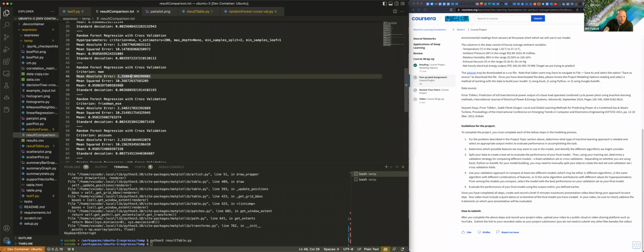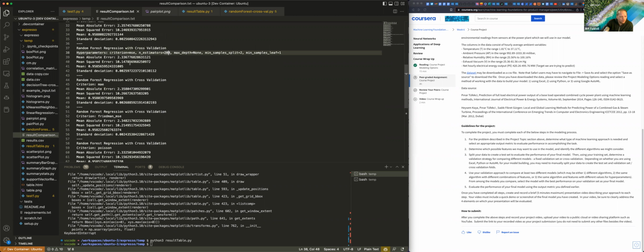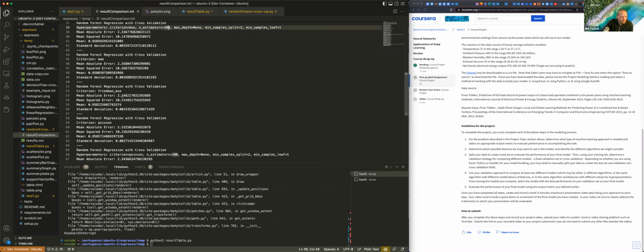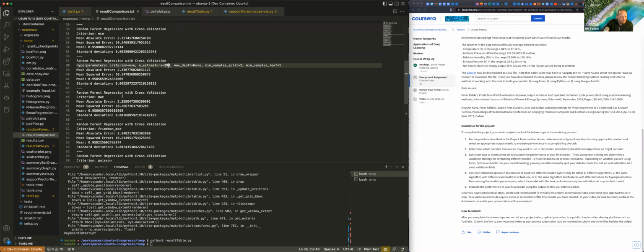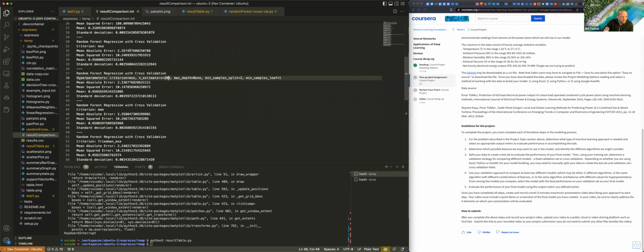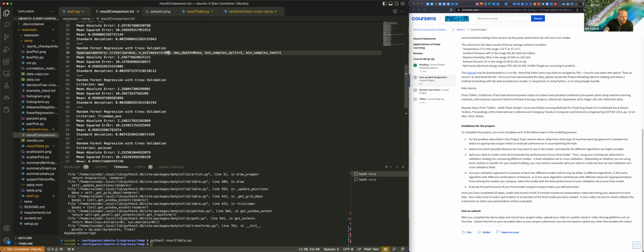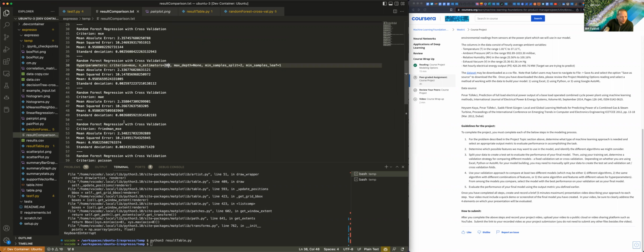but yeah, at the same time, this isn't exactly a fair comparison, right? Because I'm comparing it against the one here that I did with 200 estimators. So if I compare my Friedman to my standard forest regression, so 2.35 or 2.34, it is a little bit better there, and